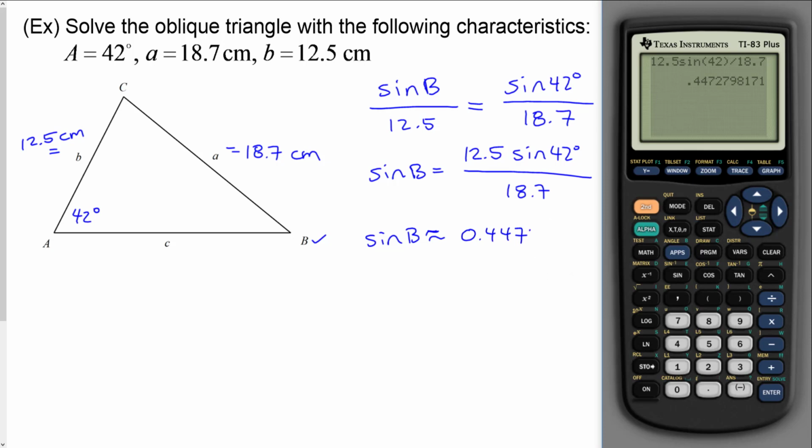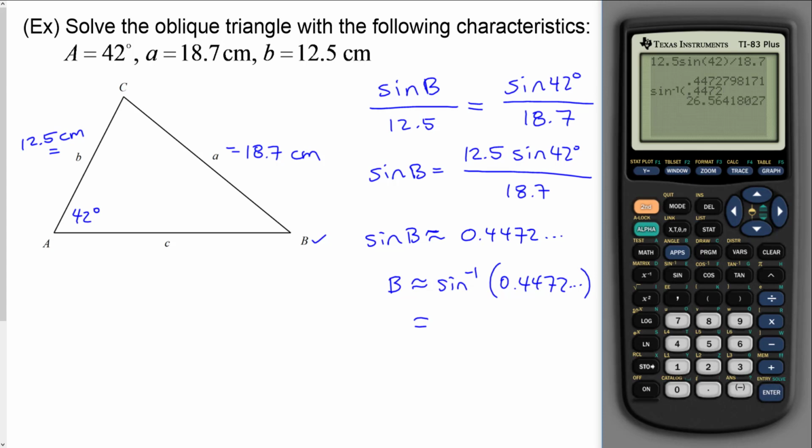And actually, you know what I'll do is I'll say 4472 and then put some dots on here because I don't want to round at this point. Anytime you round, you introduce error, so I'm going to avoid rounding. So basically what I'm going to do at this point is just take the arc sine of that number. And these dots are basically just telling me that I'm using the whole value that's shown in the calculator. So I will do second and sine, which gives me the arc sine,